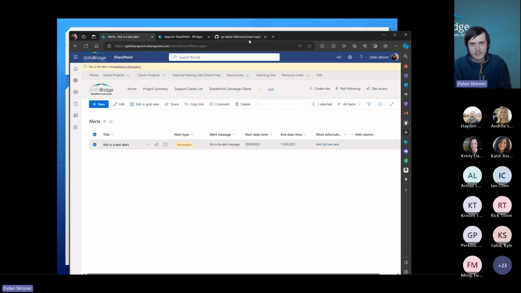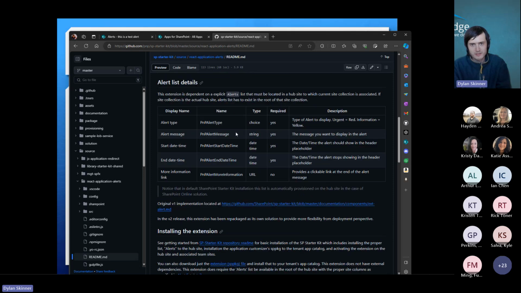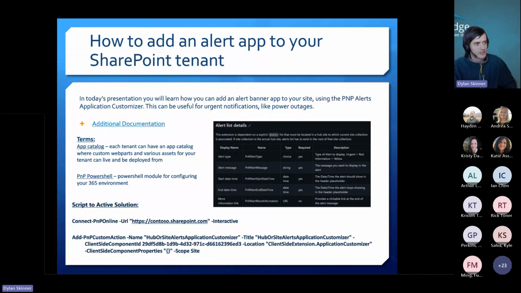You can walk through it here, but basically I put a screenshot of it and a link to it in the slide. You're just creating these fields, and it shows you're creating a choice field, a text field, 2 date fields, and a URL field. And you just want to call it alert or alerts. It explains that there. So you're just creating that list with a couple of fields,